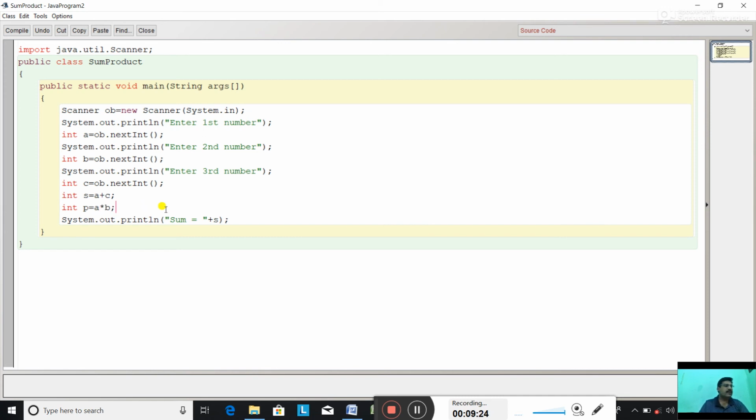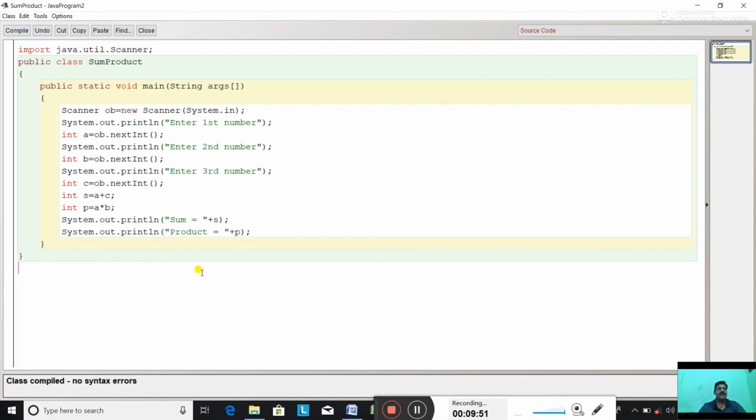Now print sum equal to s and print product. System out println product equal to p. Program is completed.